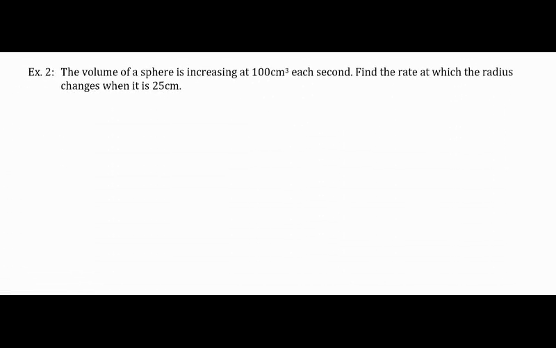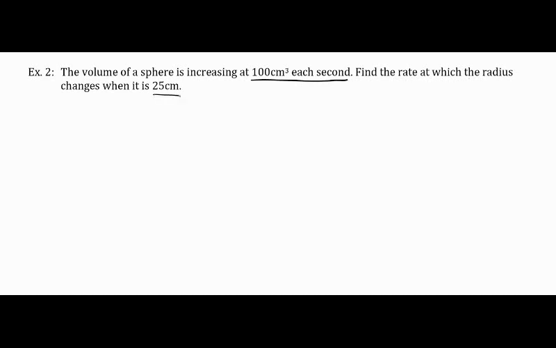All right, our first question here: the volume of a sphere is increasing at 100 centimeters cubed each second. Something that we will talk more about, but that we notice, is that this is a constant rate. Some things are changing at different speeds, but this is changing at a constant speed. The volume of the sphere is increasing at 100 centimeters cubed each second. Okay, it says find the rate at which the radius changes when it is